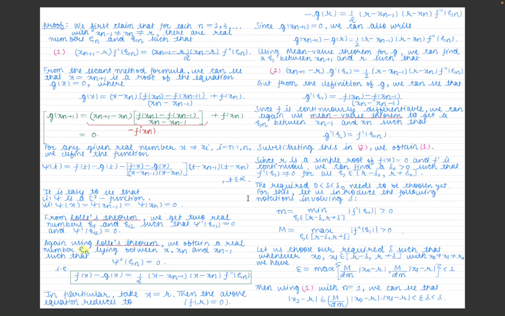So we use again the mean value theorem to get a xi n between xn minus 1 and xn such that g dash xi, which was this quantity f of xn minus f of xn minus 1 upon xn minus xn minus 1, so g dash xi will be f dash xi n,